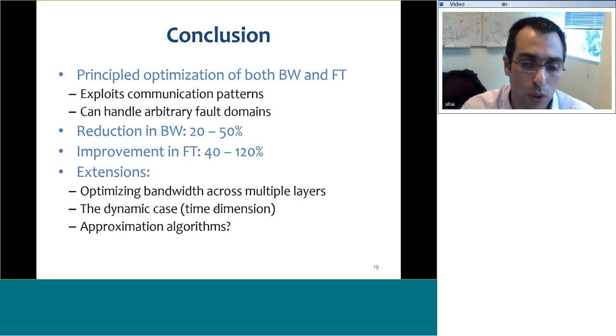And of course, there is always room for improvements on the theoretical front, approximation algorithms. I've discussed it with a few theory folks, and there are some interesting problems that we didn't have time or wish to solve at this point.